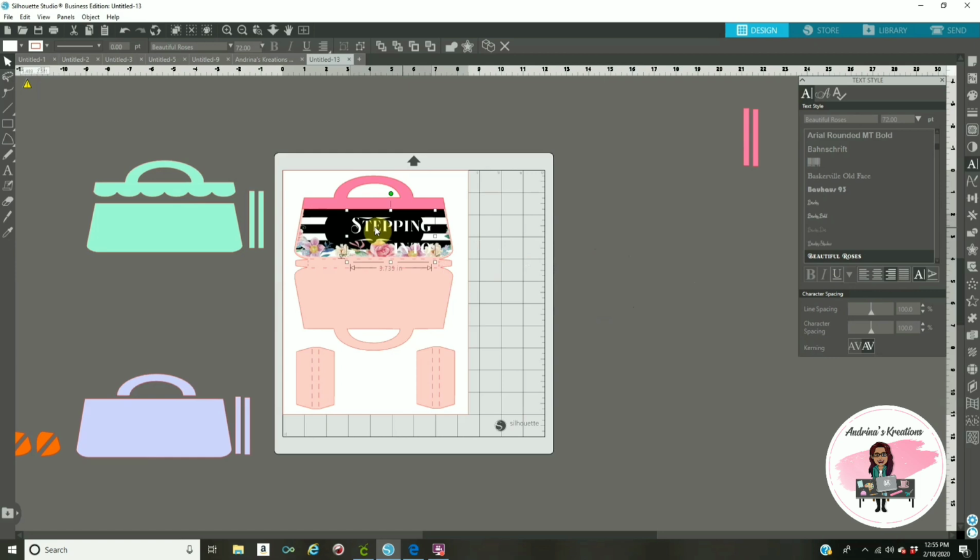Then you're going to put your font where you want it to be. And this is the reason why I added that black shape in here, so you'll be able to see what I typed. Same thing, because I want to add a number, so I'm going to first click on the A on my left, click anywhere on my screen, type,